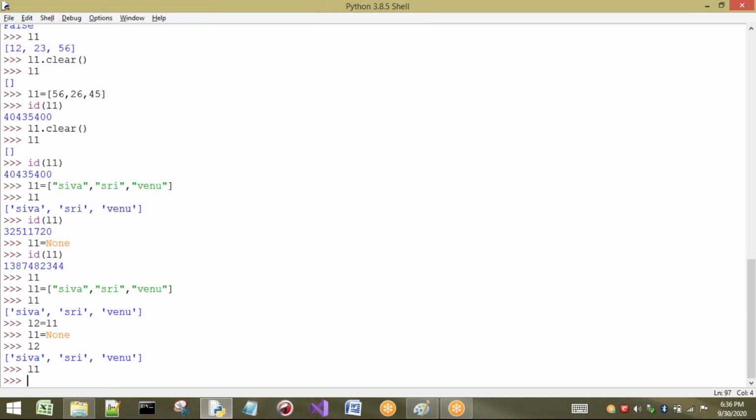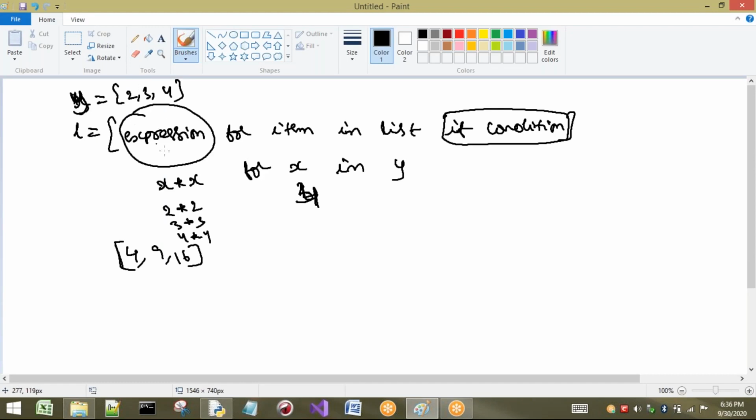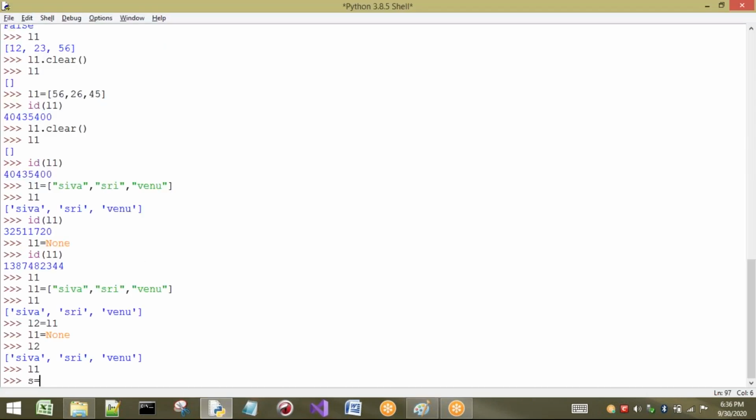Let us take one example here. I am going to take S equal to, how it looks here, some expression. The expression is x into x, for every x in range of 1 comma 11.